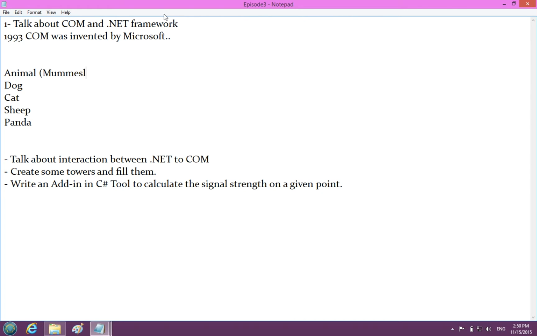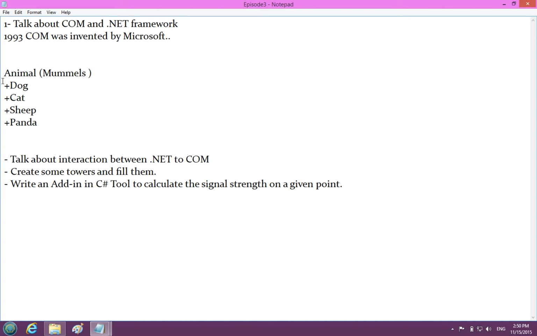So all of these are mammals, but these are classes of animals, not instances. So a dog is an animal, cat is an animal, sheep, panda, all these are animals, okay? So